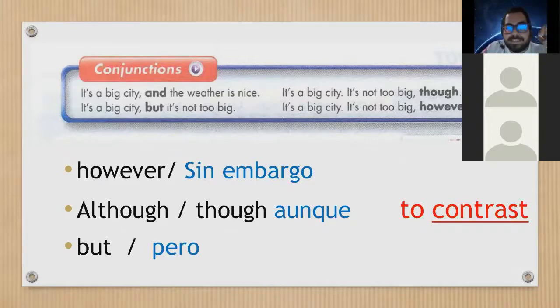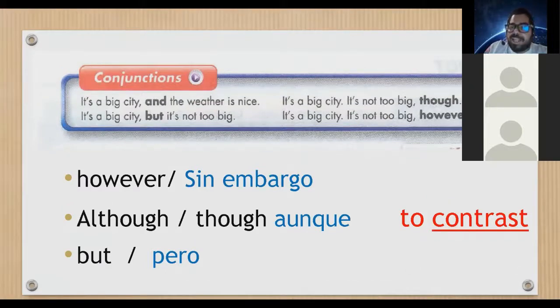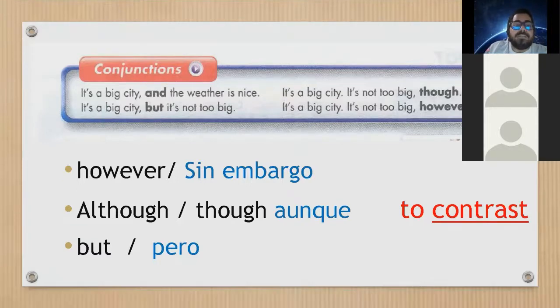Entonces, guys, we read this like this. Bueno, es una ciudad grande. No es muy grande, aunque. We're like, wait, teacher, what is that? Okay, it sounds a little bit strange, right? Because of our Spanish structure, guys. However, you know what is however, right? I have another option for you. Let's say, not a solution, guys, but another option, basically. It is although.